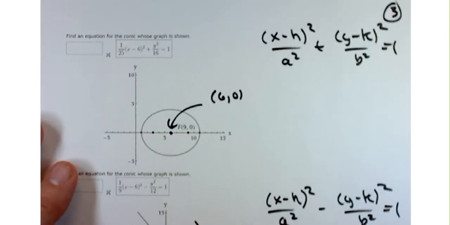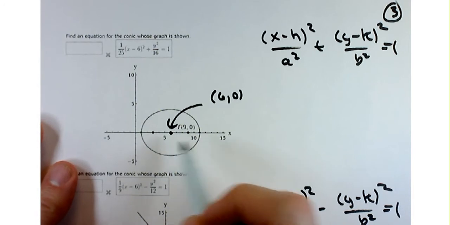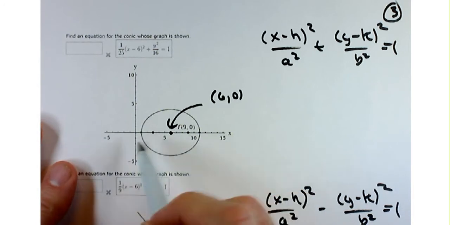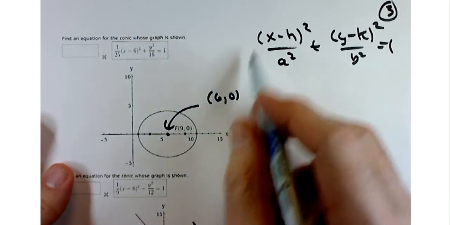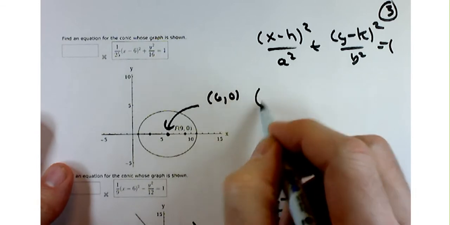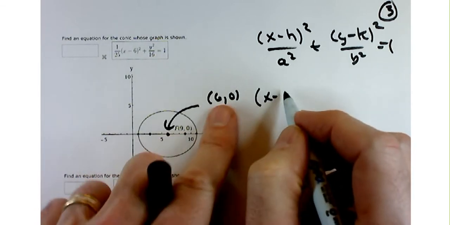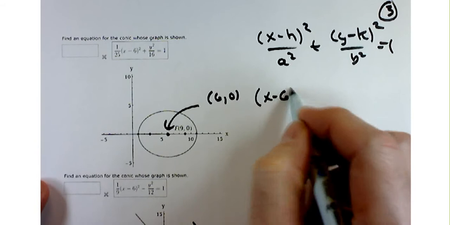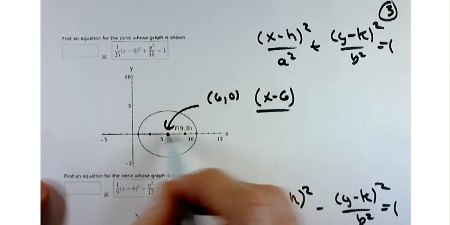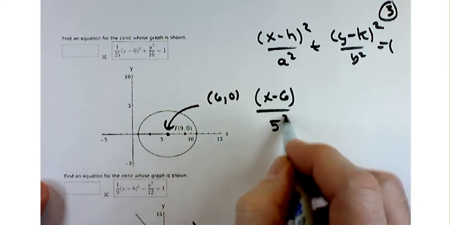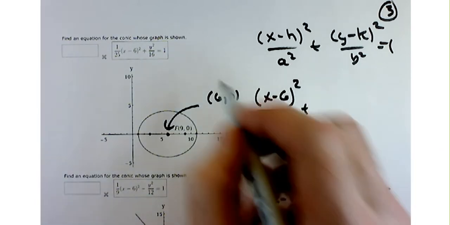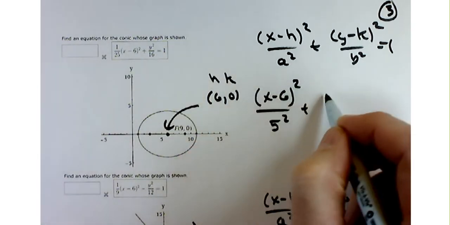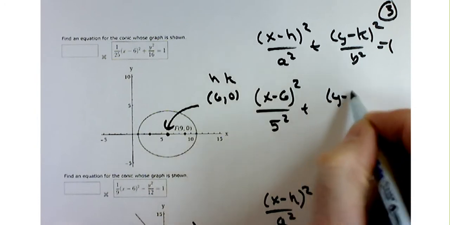Now, the center is something that I drew in. You're going to have to look along the x-axis here and say, okay, well, the midpoint of that is going to be 6 and 0. If I plug that in here, that's going to be x minus h, which is a 6, divided by that distance, which is 5, squared. Numerator has to be squared too. This is your h, that's your k. It's going to be y minus 0 squared